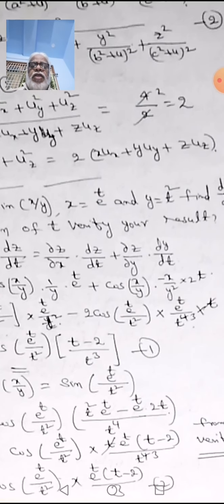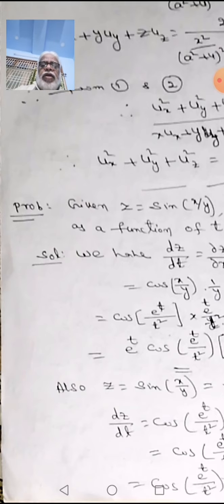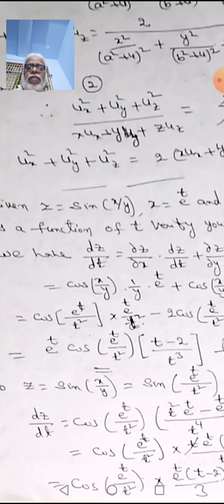Then plus into minus, minus 2 cos x. With x = e^t and y = t², y² means t⁴, into 2t. This 2t means the 2 comes in front, that is 2 cos, that's why we remain with 2 here. The 4 cancels, that is e^t by t³. So the final is e^t cos(e^t/t²)